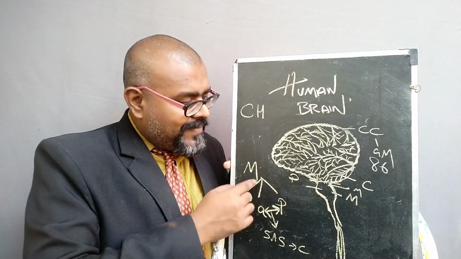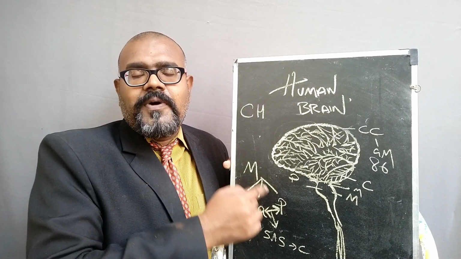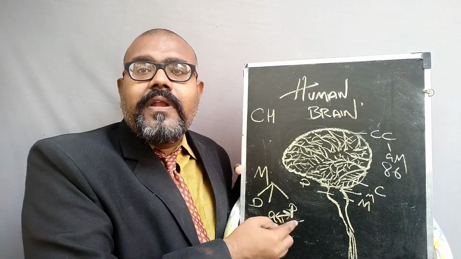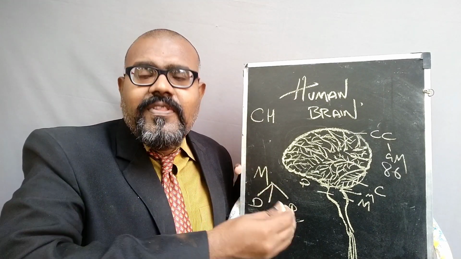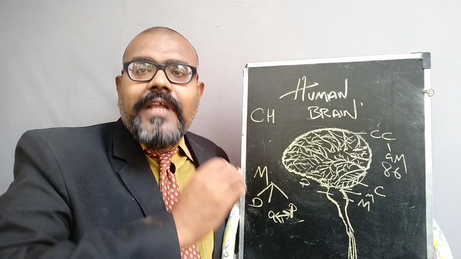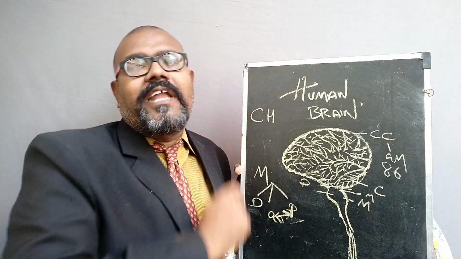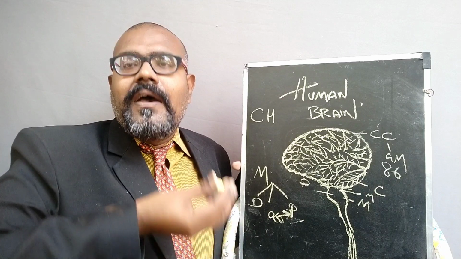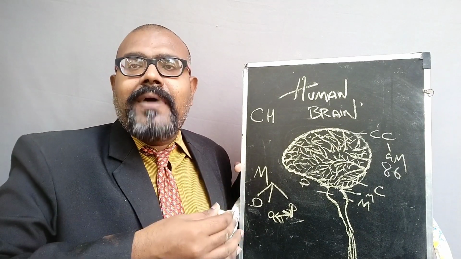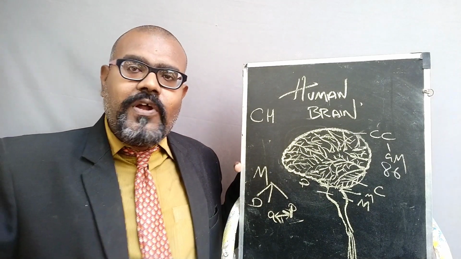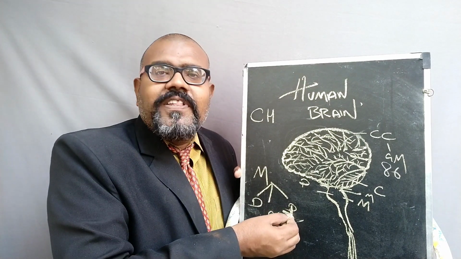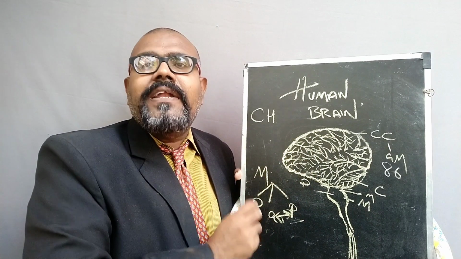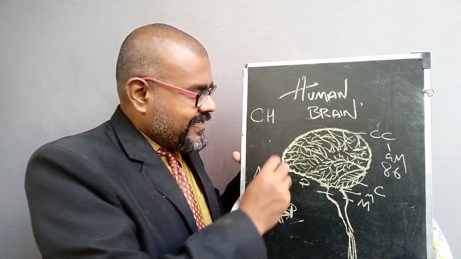So this is the main layer of the human brain. The basement of the pia mater is the outer covering layer of the cerebral cortex. Of course, we know that the cerebral cortex is the immediate outer covering of the brain. It contains the grey matter, with 86 billion neurons. The meeting point of the basement of the pia mater and the cerebral cortex is called the glia limitans.